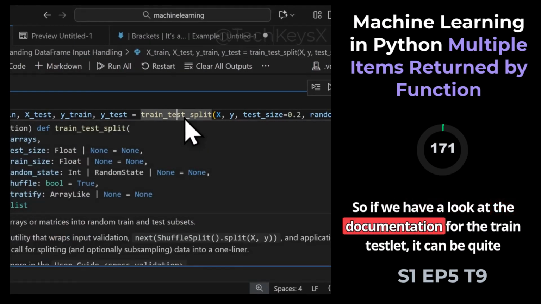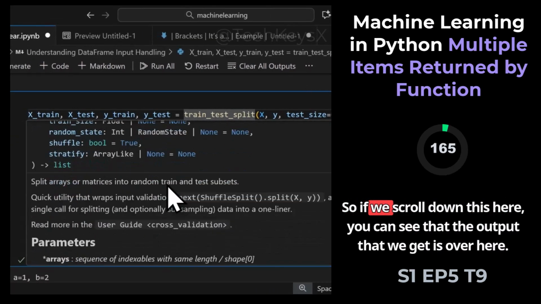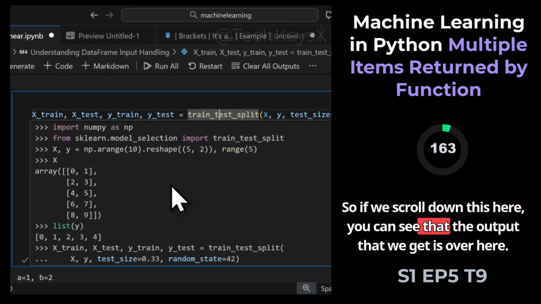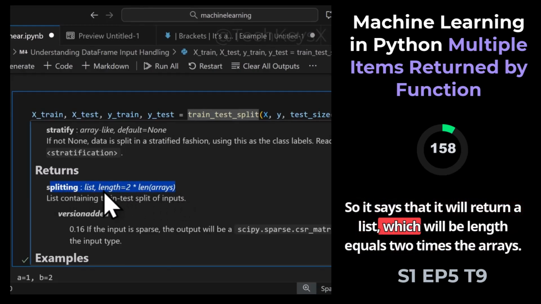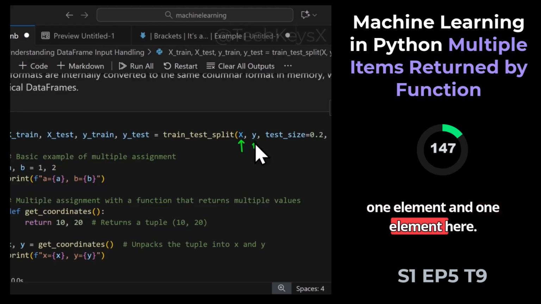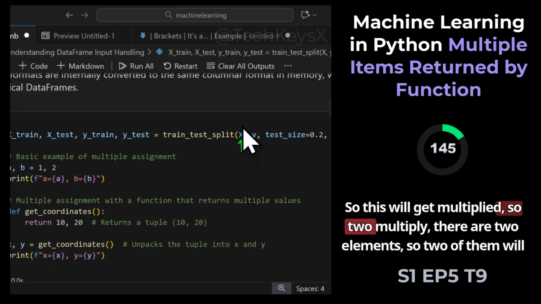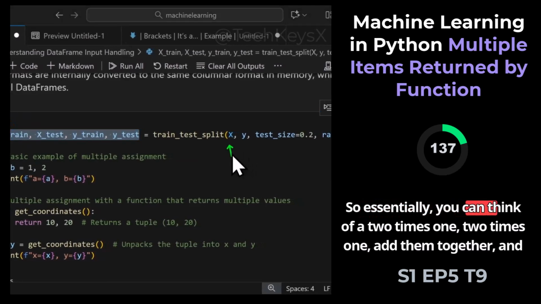So if we have a look at the documentation for the train test split, it can be quite confusing as to what it returns. If we scroll down here, you can see that the output that we get is over here. It says that it will return a list, which will be length equals 2 times the arrays. So here, since we are passing in X and Y, it will multiply X, which is 1 element, and 1 element here. So this will get multiplied. There are 2 elements, so 2 of them multiplied by 2 gives you 4 items. Essentially you can think of 2 times 1, 2 times 1, add them together, and you will get